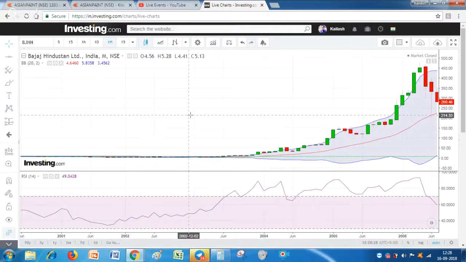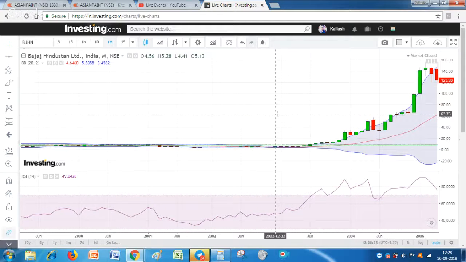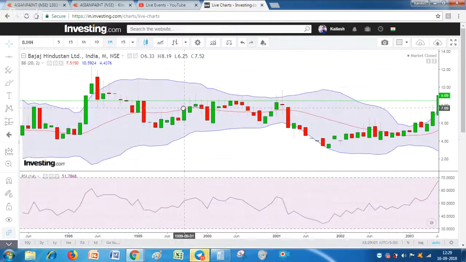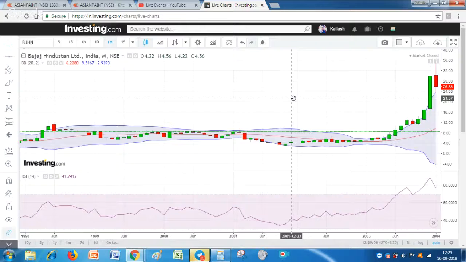For positional traders, I will tell you one simple logic: the maximum loss we can take in any trade is 10%, friends. 8 to 10%. I have read many books which say we should not wait on a stock that gives us an 8% loss from our entry level. So I keep it at a maximum of 8 to 10%. If a stock gives us 8 to 10% loss, we should exit from the stock at any cost. Don't ever think that the stock will reverse or anything. No. The best part is to take an exit from this stock and try to find some other good stock.